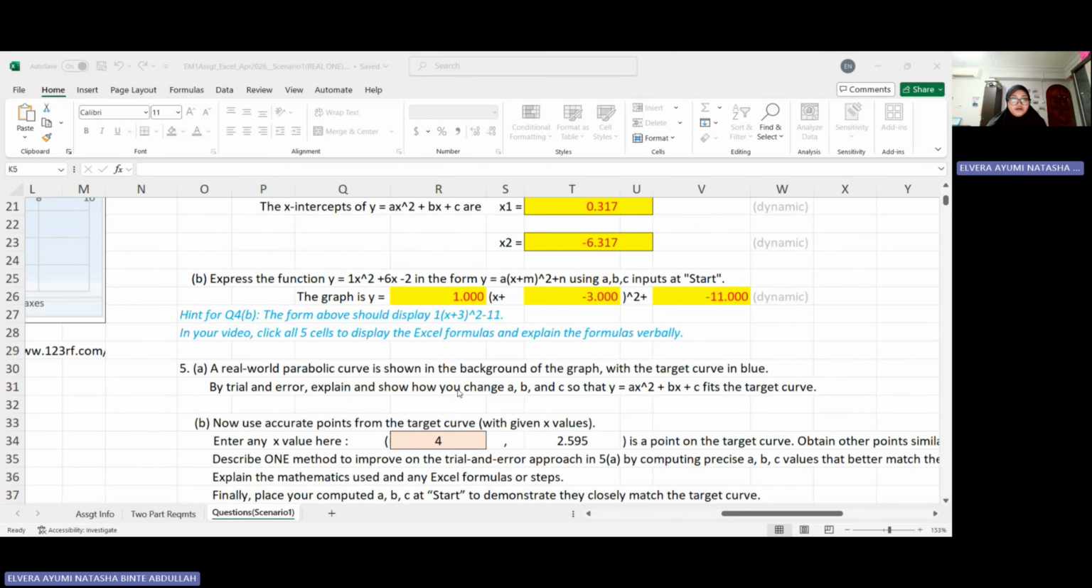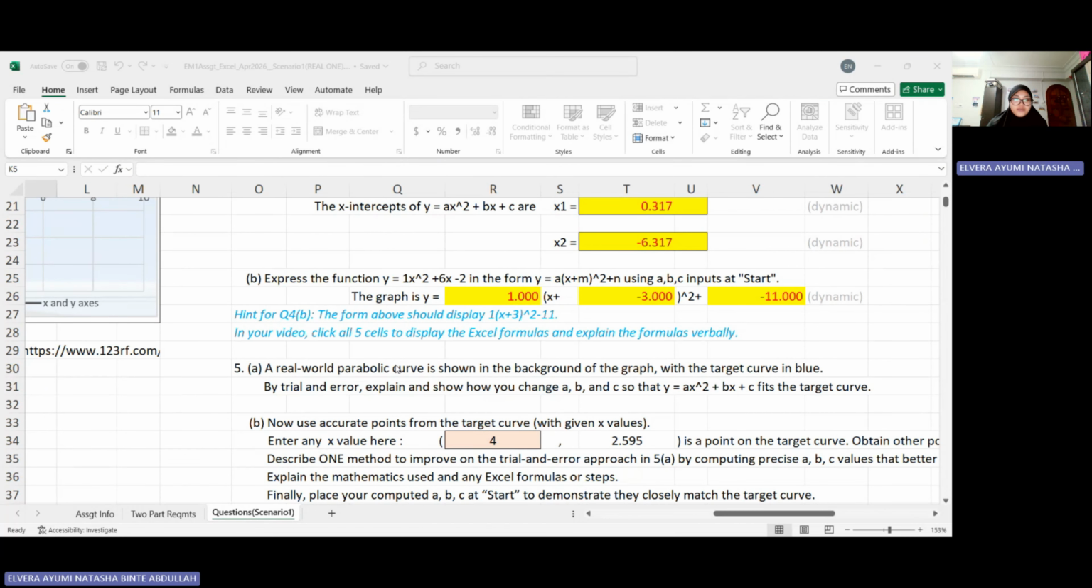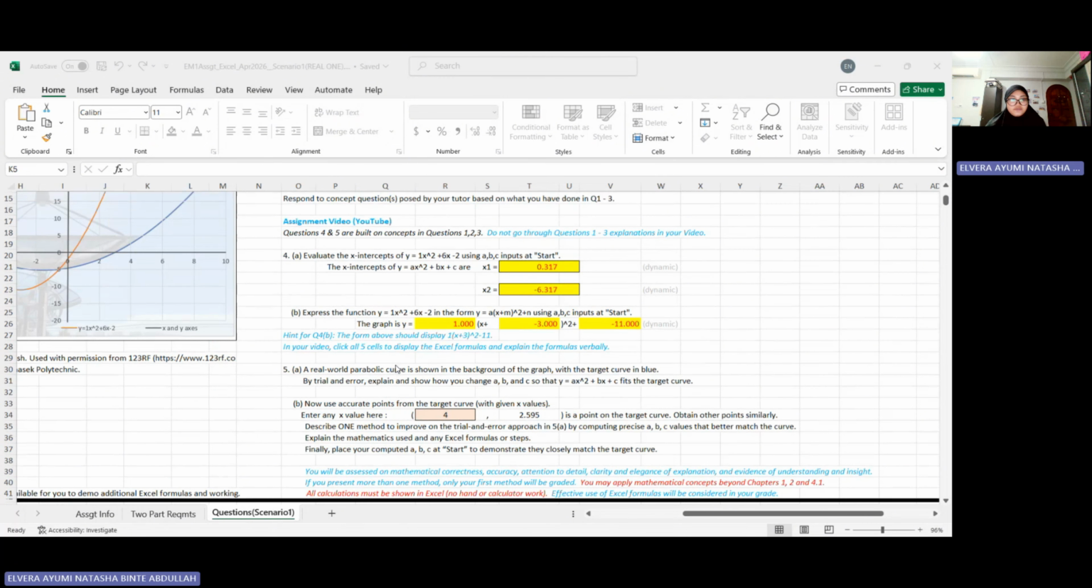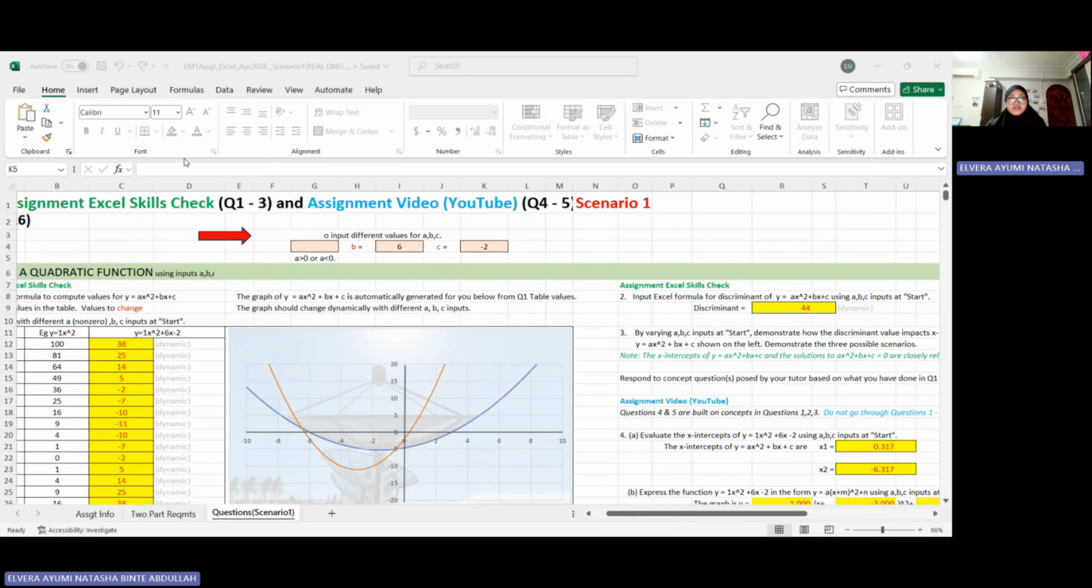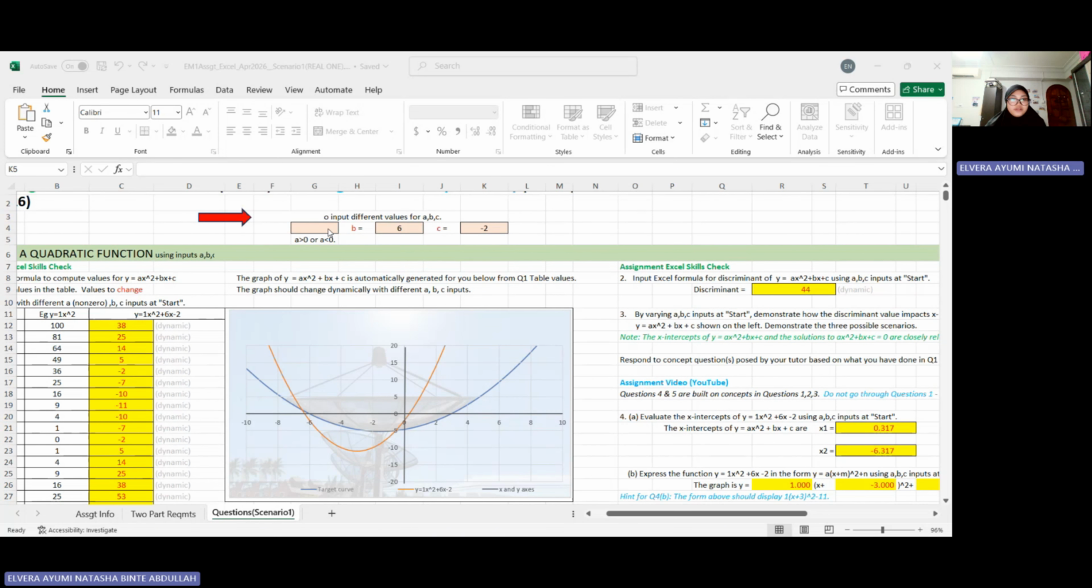Question 5a, the objective is to make the orange curve match the blue target curve as closely as possible. I adjusted the values of A, B, and C in the start cells, which are your G4, I4, and K4. I changed the values of A